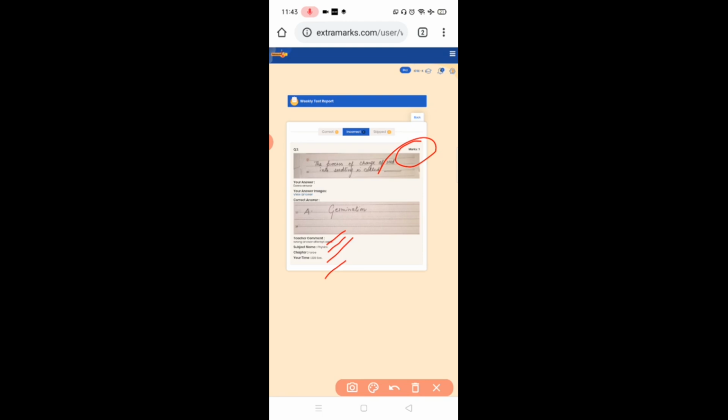If that 30-minute paper has passed and you were still unable to do it, your 2 answers will be automatically submitted, and for the rest of the answers it will be written as not attempted. So you will be evaluated for those 2 answers only. So please be very careful about a steady internet, and your mobile should be fully charged.